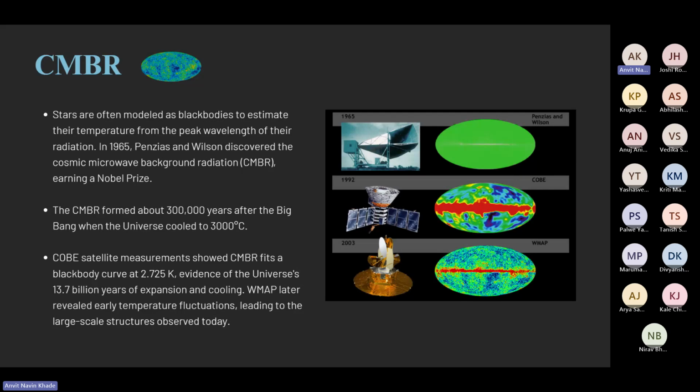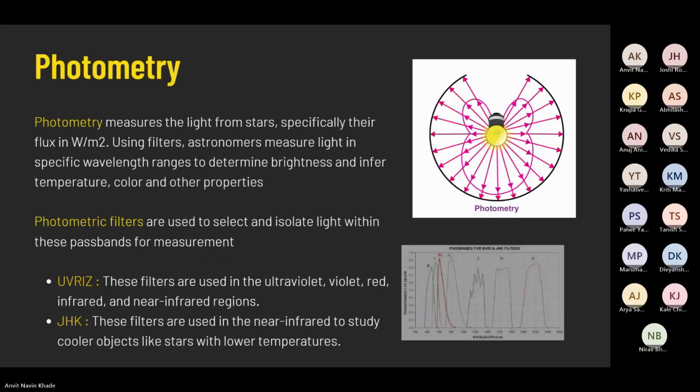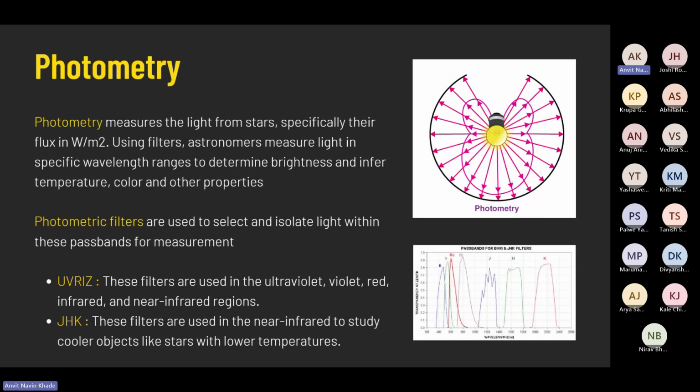So next up is photometry. Photometry is a crucial technique in astronomy that involves measuring the light intensity from celestial objects. By analyzing the light emitted or reflected by these objects, astronomers can infer a lot of information about their properties. So photometry quantifies the flux of the light. This measurement helps us determine the brightness of stars, galaxies, and